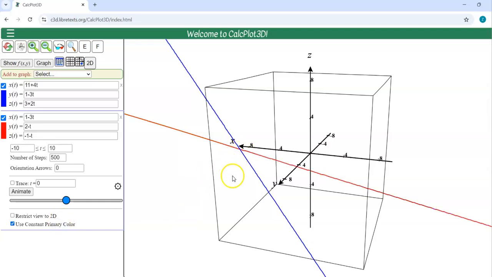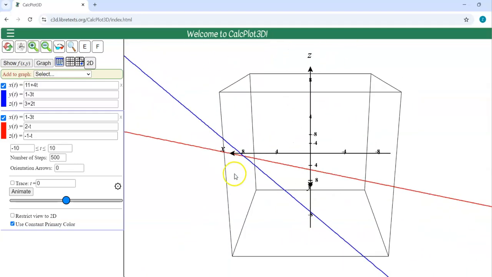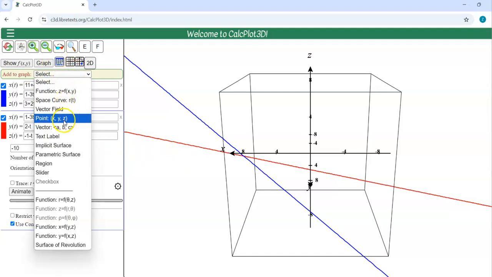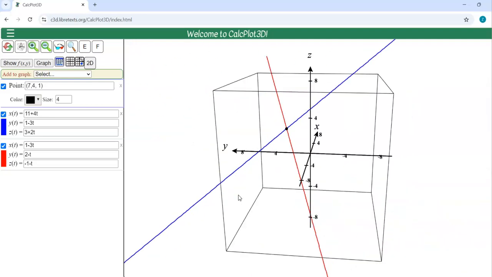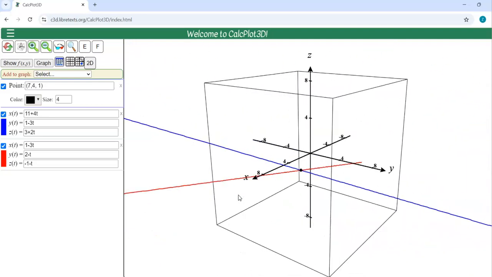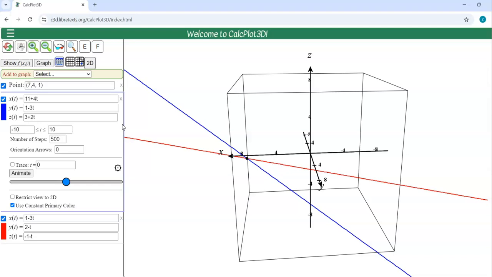Okay, so it looks like they intersect, but it can be a little challenging. So when we actually solved for s and t, we found that this point was 7, 4, 1. So let's see if that actually checks out here. 7, 4, 1. And yeah, that is the point that we want. And it does look like they intersect. However, they don't necessarily intersect at the same time, like if you view these as particles moving, then their paths cross, but they don't collide. And so you can see this because